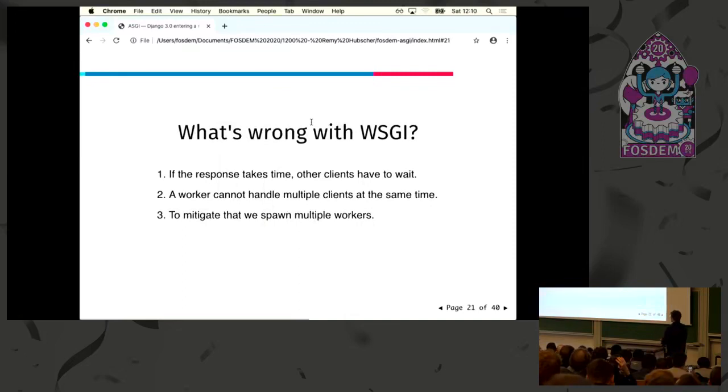And if the response takes time, you might have a timeout, but before that, if it takes 10 seconds, for instance, all the other clients have to wait, a bit like when you are at a shop and there are a lot of people in front of you. So with Python, you can't handle multiple clients at the same time with the same process, at least with WSGI. And so what we ended up doing was spawning multiple workers with uWSGI or Unicorn to handle multiple requests at the same time.